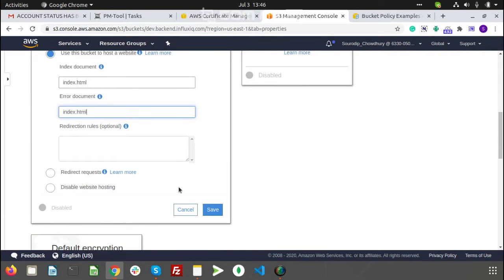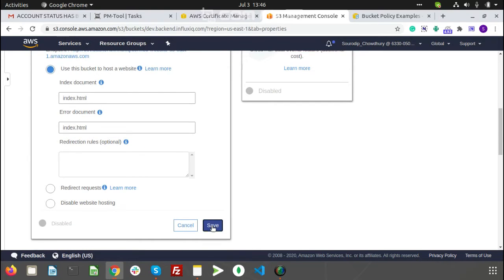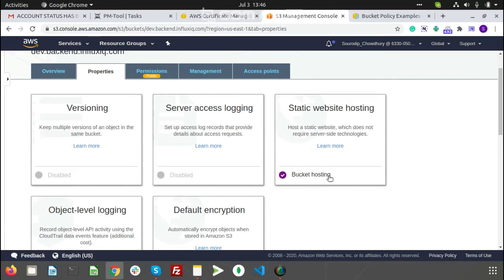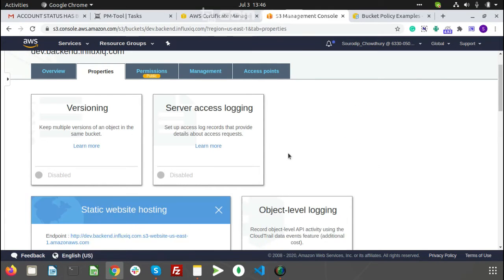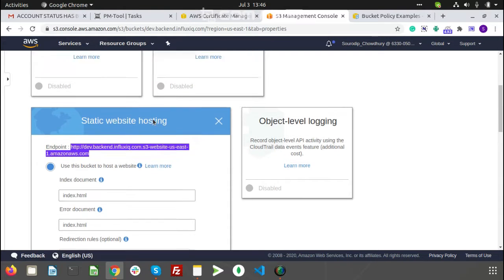Once we are done with that, we can save it. And the bucket is currently hosting right now. What we need on that is the endpoint URL. So we will copy this and keep it.